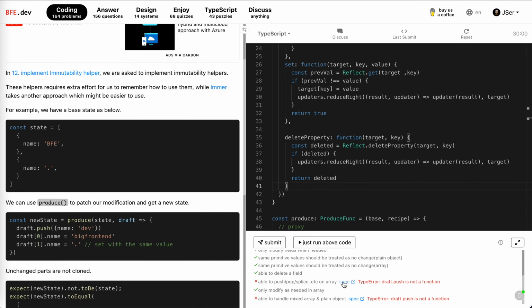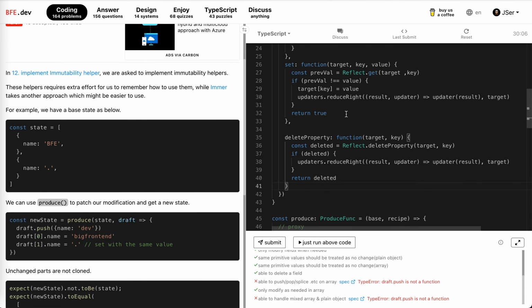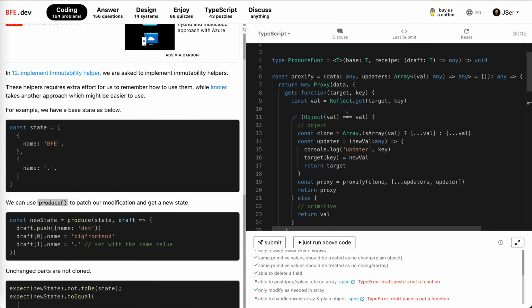Able to push, pop, splice. A push. Oh god. So there's a problem. Oh, push is a function. The val is object, but it might be a function. So if it is a function, it's actually for functions on the arrays, they're actually on the prototype, right? So it doesn't matter. They're always prototype, so we just ignore them. So and